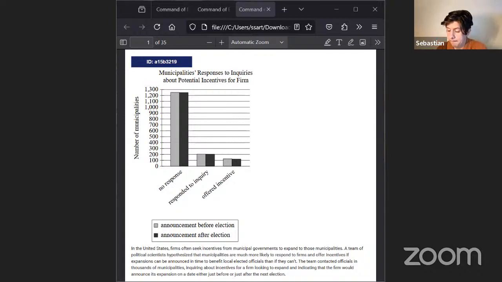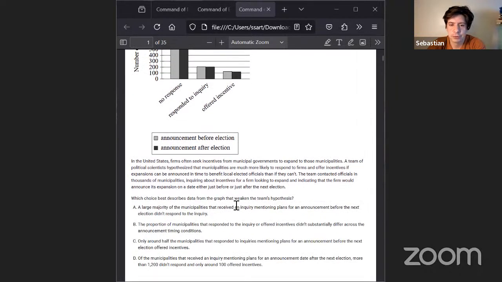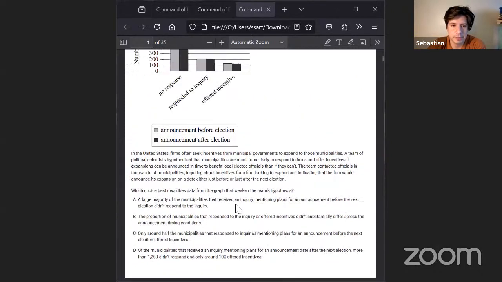Okay, great. And we're all set. So, first question here, right? There's two or three types of questions for command of evidence. The one I think most people think about is the one where they give you a chart or a graph, and you have to figure out from there what type of information you're using to solve some sort of statement that they're making, right?